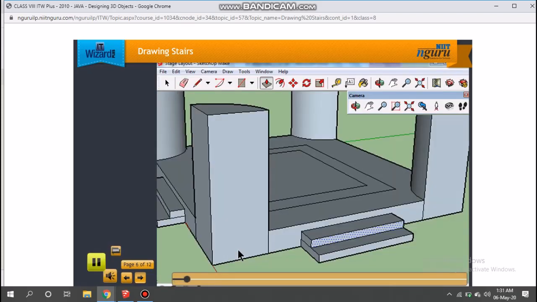Use the Line tool and the Push or Pull tool to add the stairs. Select the Zoom tool and drag the cursor inwards to its previous position.